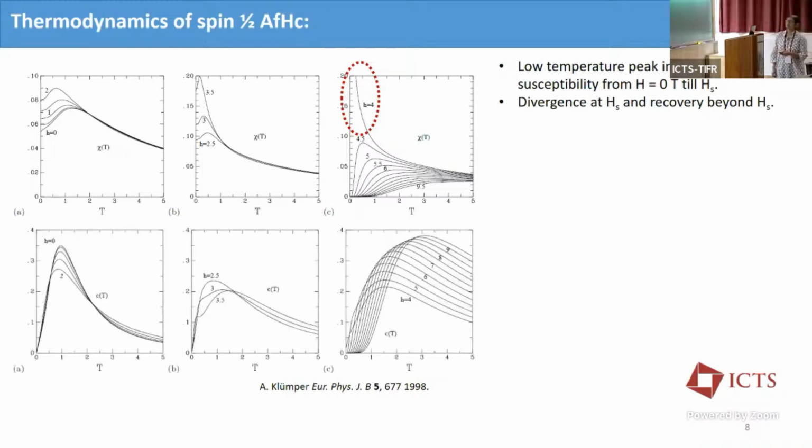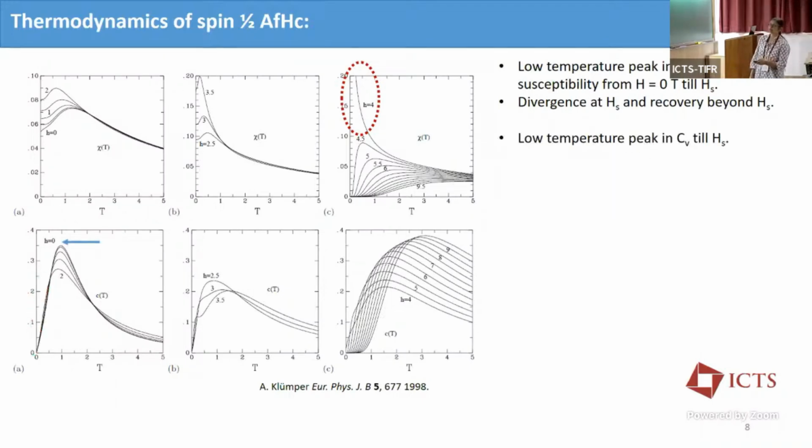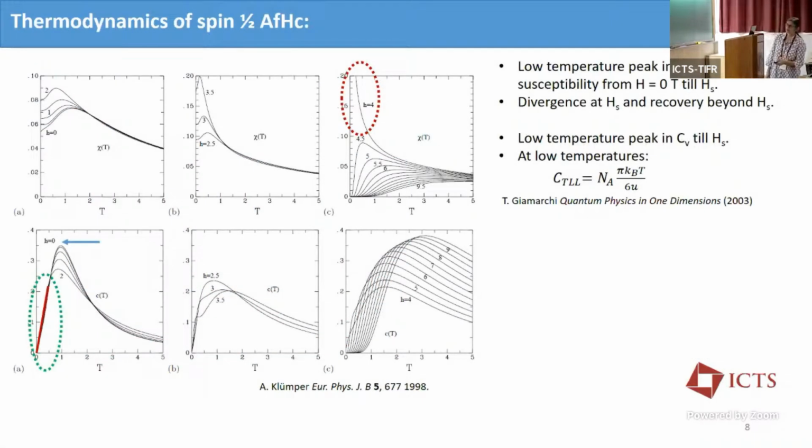Okay. These are the plots of specific heat. What you see is a plot of specific heat as a function of temperature for different values of fields. And when you are in the Tomonaga-Luttinger liquid state, you see that there is a low temperature peak. So at low temperatures, you see that the specific heat varies linearly with temperature. Why? Because Guan et al. predict that it goes linearly with temperature, describing the fermionic excitation. The spinons are fermions in nature, and therefore, if that is the case, the specific heat should be going linearly